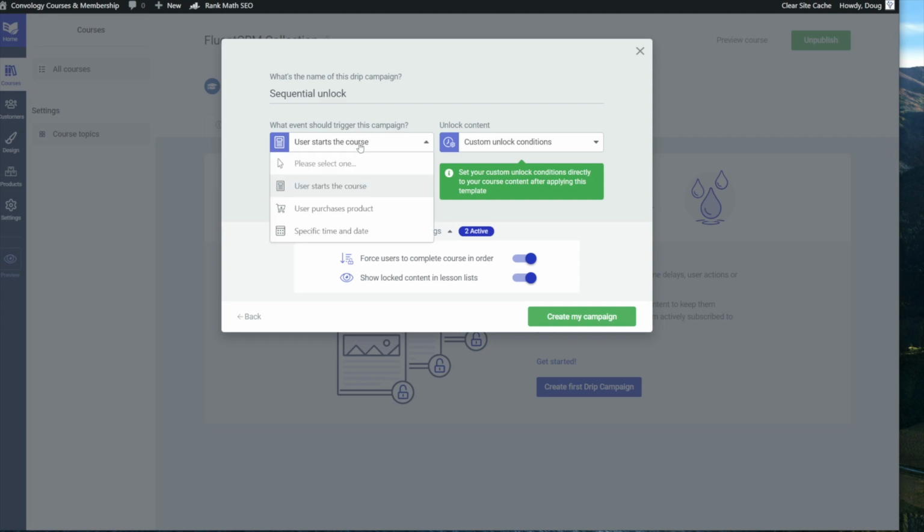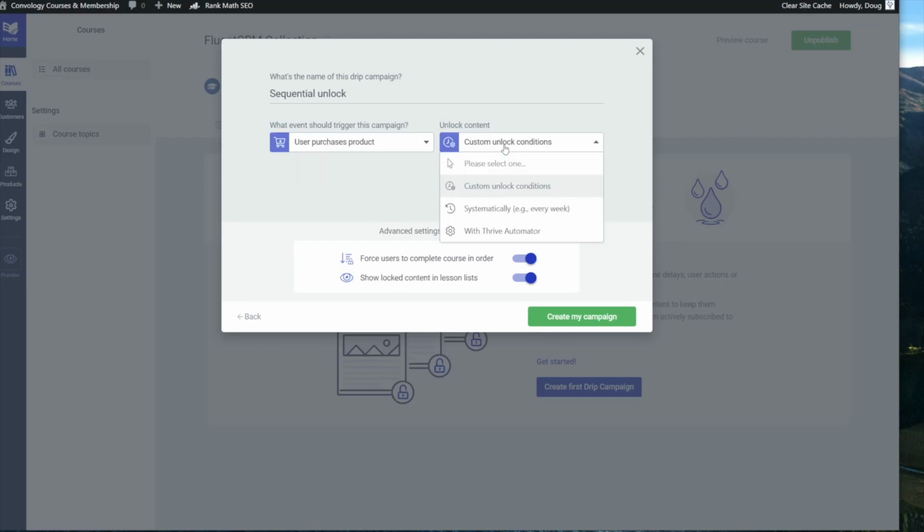So if this were a single course that was just for sale, you might say, okay, when the user purchases the course, that's going to trigger that these unlock in order. You can kind of see it doesn't really matter, but we'll stick with user purchases the product, which is a course inside of a Thrive Apprentice product, and then we can choose when to unlock content. And I suppose that this might matter for what you choose for the trigger, because here you can choose whether or not you want the content to only unlock after they mark the previous lesson complete,